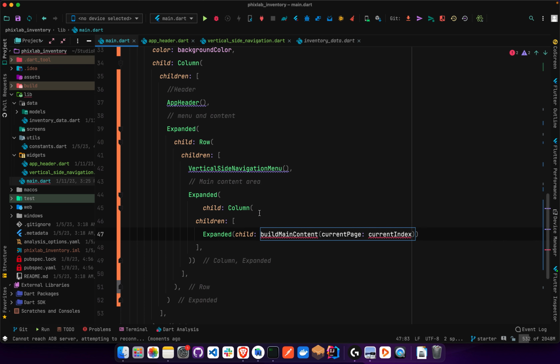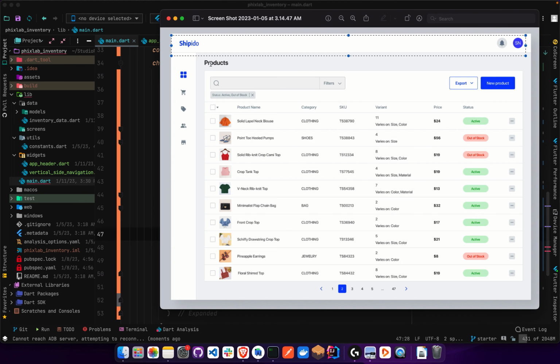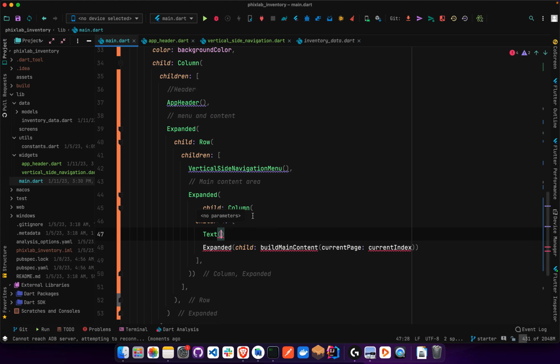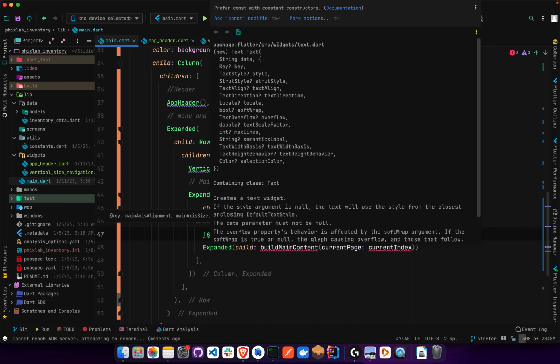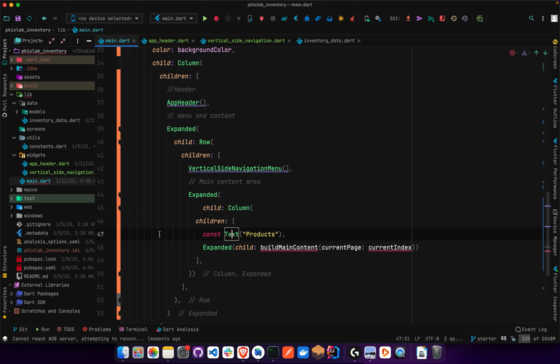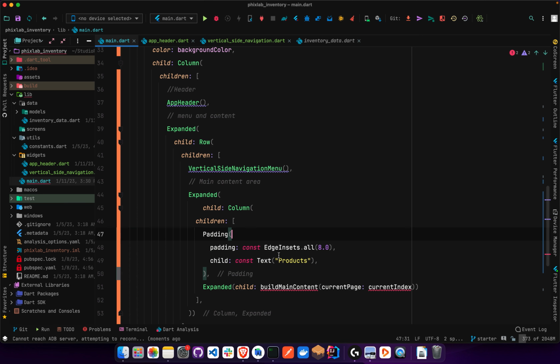So let me just quickly walk through that. On top of this place, let's quickly add this very stuff as well. It's going to be a kind of text wrapped with a padding. It's going to represent this very product stuff that we're seeing here, right? So let's quickly do that. Text with a product, and we're going to wrap it with padding. First of all, do a const, wrap it with some padding. So we're going to do EdgeInsets.only,